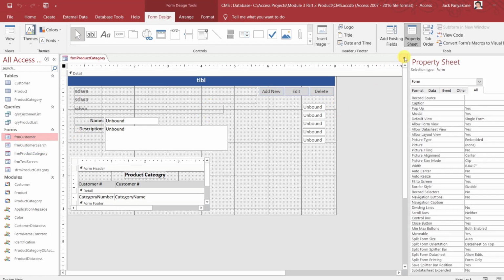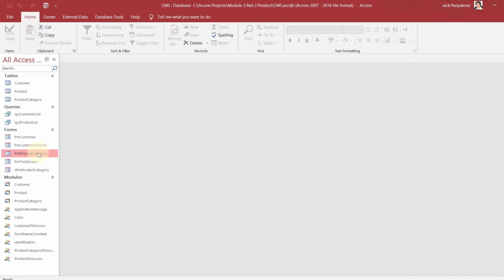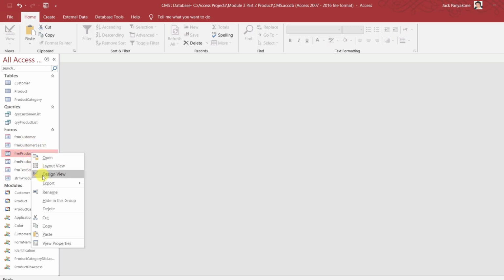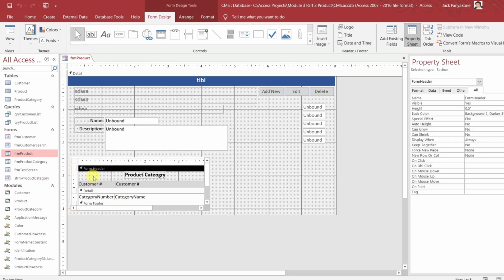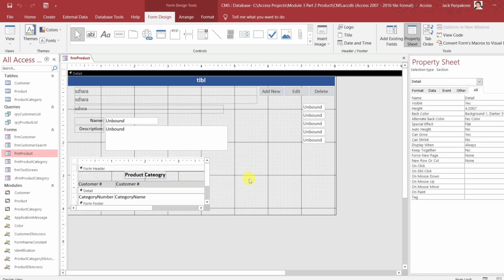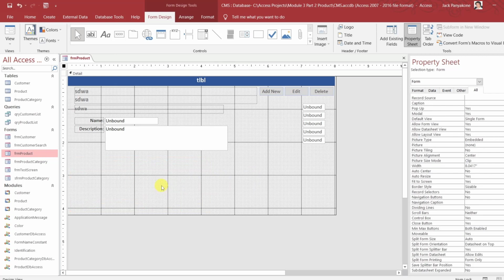All right. So what we're going to do is we are going to copy this guy and paste and change that to form product. There. So we're going to go back in there, delete this guy. We're not interested in that. We're going to make our own. All right, delete that guy. Control S. Control S. As a matter of fact,